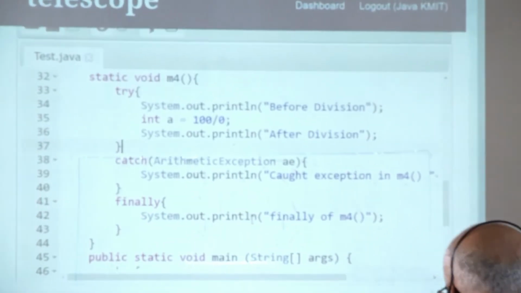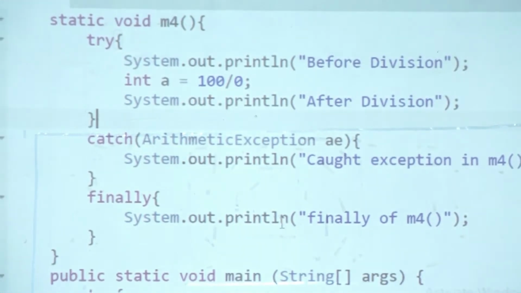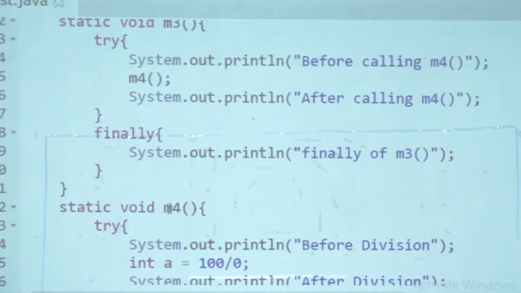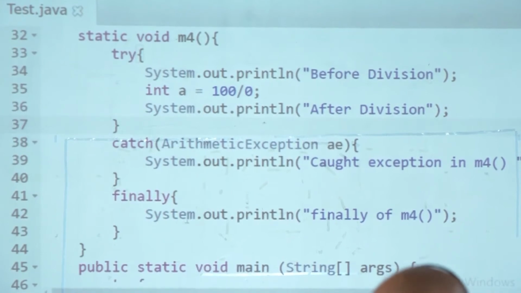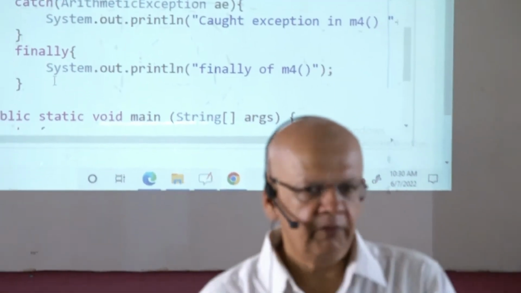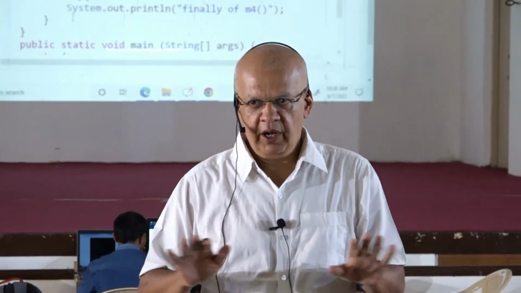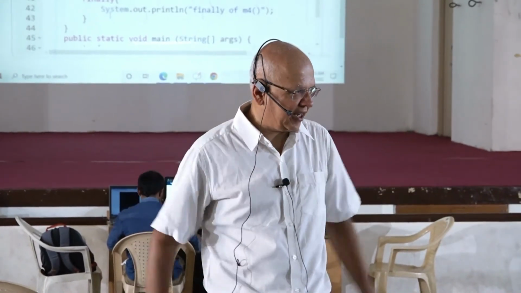Then it will go back. M4 is done successfully. Now at the end of M4, is there a pending exception? No. At the end of M4, there is no pending exception. The exception came in M4 and it was tackled in M4.